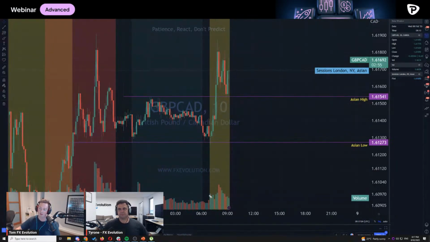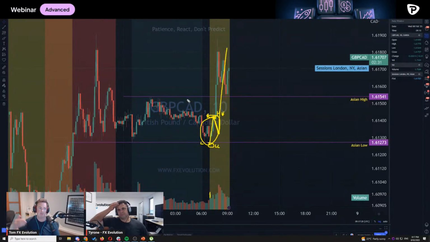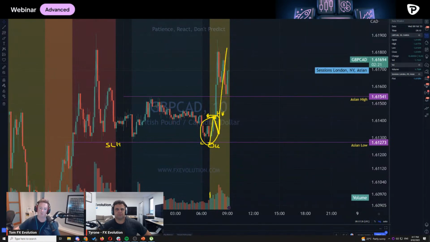And then at the beginning of, as somebody mentioned here, the Frankfurt Open kind of aspect, we get a sweep of the low. Now, when that sweep occurs, particularly when we have a low, we have a high, then we have a lower low, and we sweep that level, making, in this case, the higher high, there's a great chance that this market will, even if it pulls back, continue on in that direction, because effectively it has created a stop loss hunt. And this is something that, if you can recognize it on markets, it does tend to happen quite a lot in markets, and it tends to happen a lot around opens.